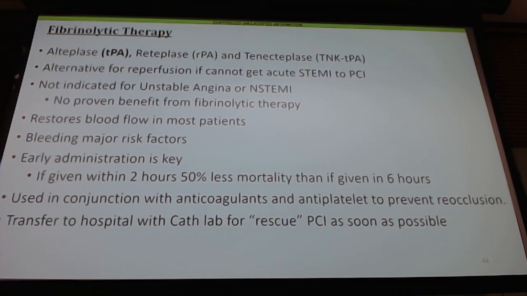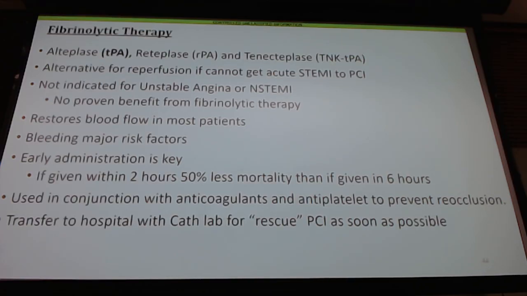For fibrinolytic therapy, for those folks who you cannot get to a PCI facility within those time hacks, giving them TPA or a fibrinolytic is important, because we said that what's causing the acute coronary syndrome is that plaque rupture leading to clot formation. So let me break up that clot with that fibrinolytic therapy. So now I have gotten rid of that clot with the TPA, and now blood hopefully is being restored to that area that was under stress or dying, because I've restored blood flow.